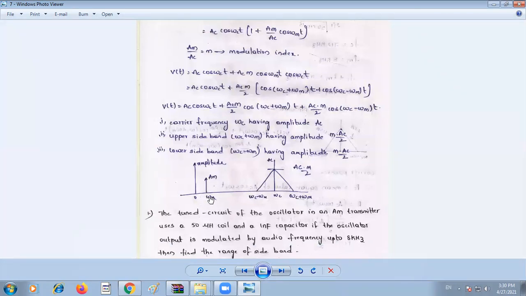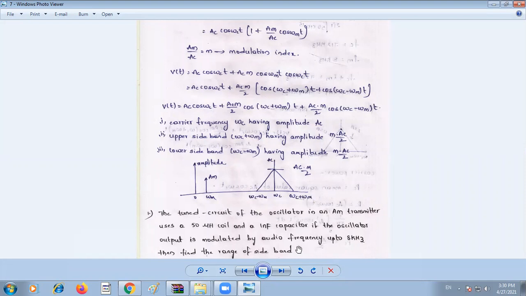The message signal spans 0 to omega M. Then the AM signal is translated, or amplitude modulated, with respect to omega C: one term omega C plus omega M, another term omega C minus omega M. Here omega C plus omega M is the upper sideband, and omega C minus omega M is the lower sideband. There are two sidebands that occur. One is the upper sideband with frequency omega C plus omega M, and the other is the lower sideband, omega C minus omega M. So this is the signal.